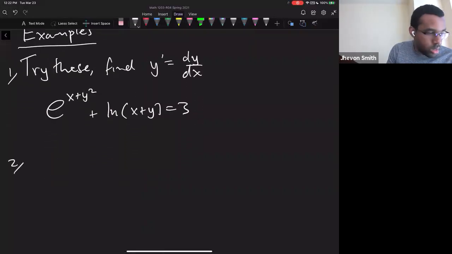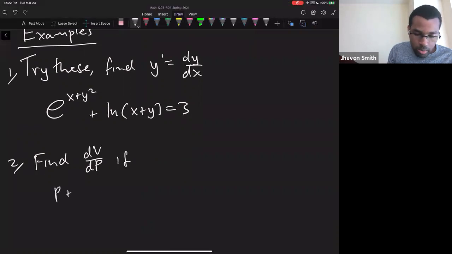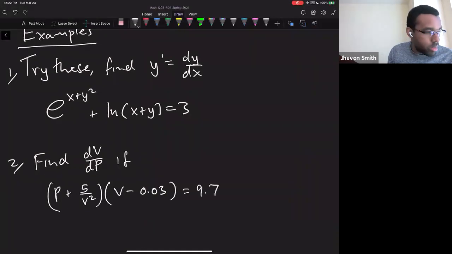And 2 here, I want you to find dv dp if p plus 5 over v squared times v minus 0.03 equals 9.7,